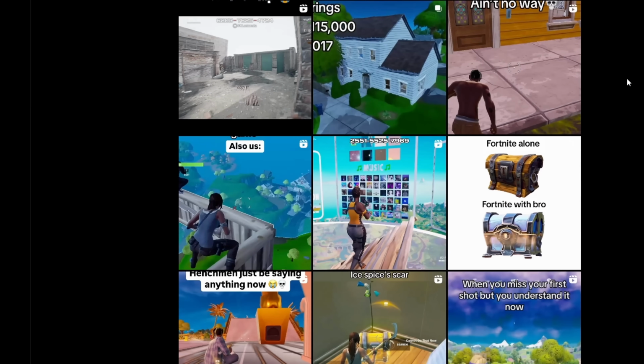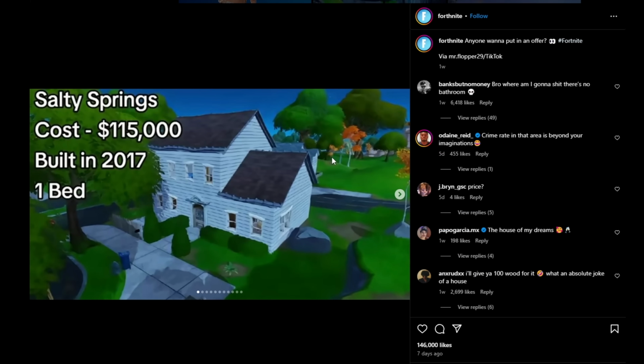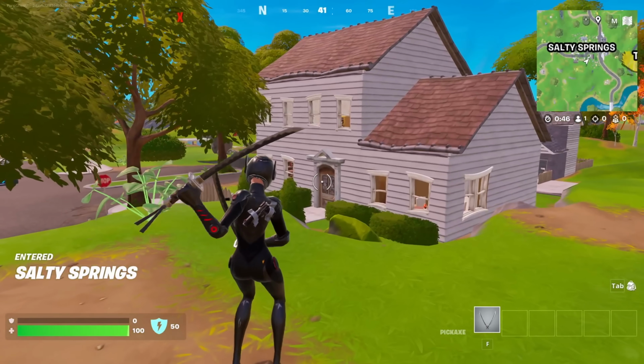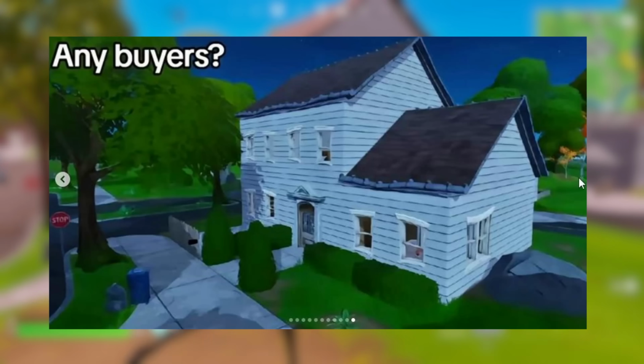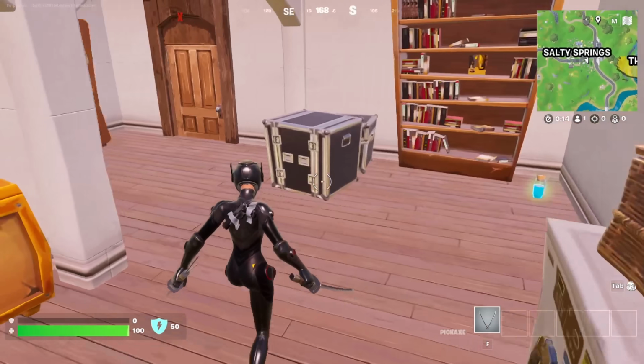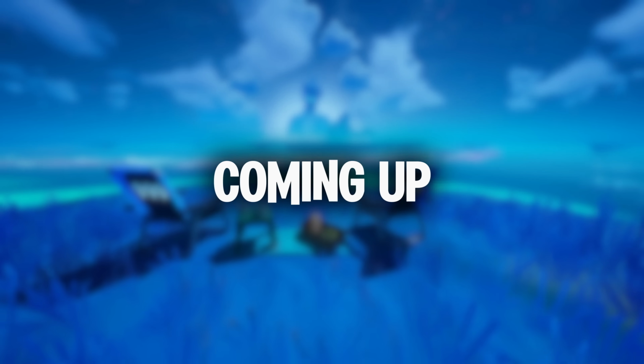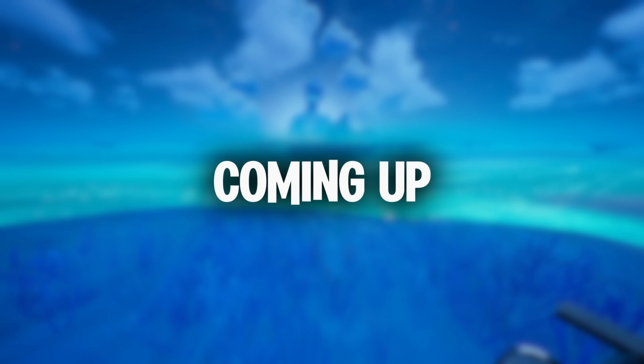The other day I was scrolling through Instagram and I found this post that I quite liked. And I had to go check out this house for myself since I may be a potential buyer. And when I checked it out, it made me question, are Fortnite POIs livable? There's a total of 19 POIs, and we're going to be rating them from S tier to F tier, starting